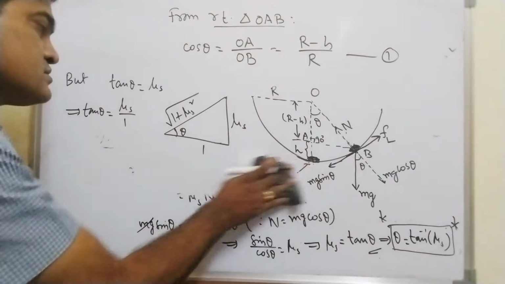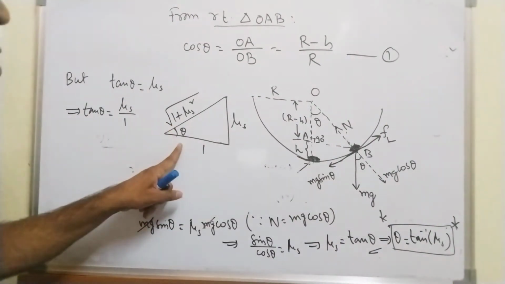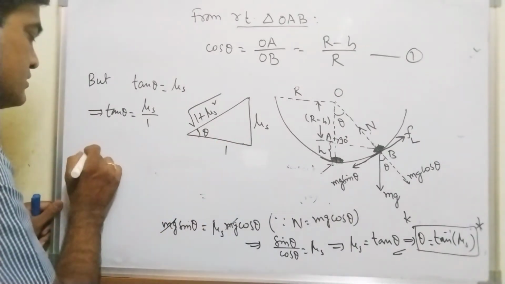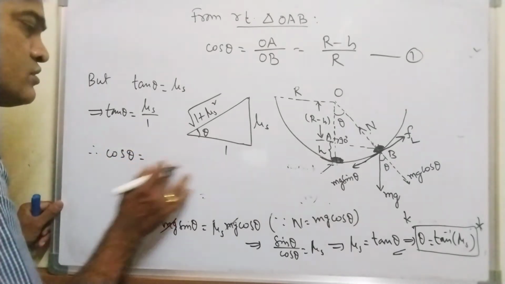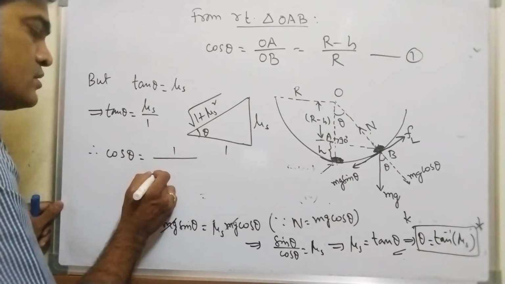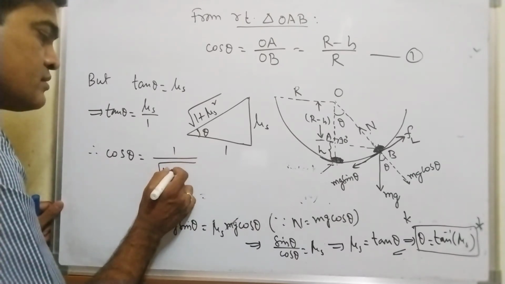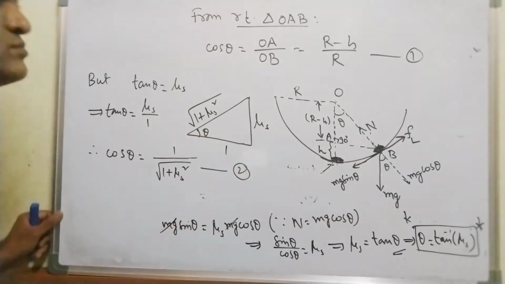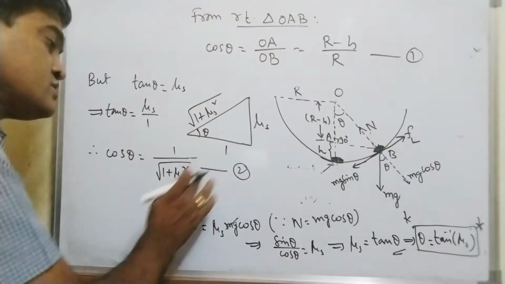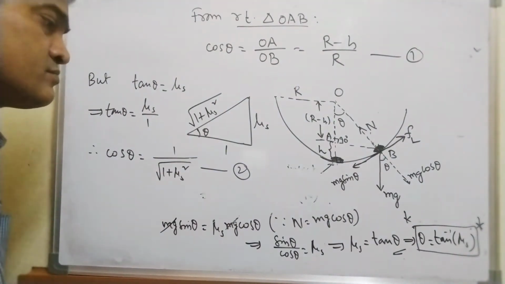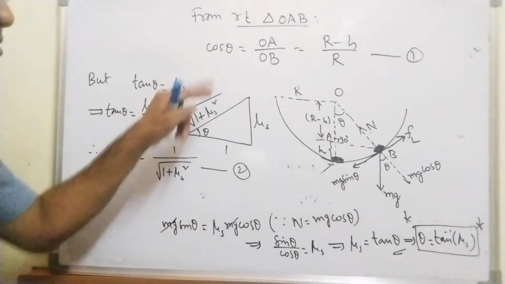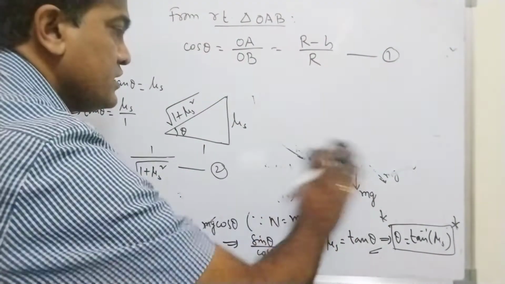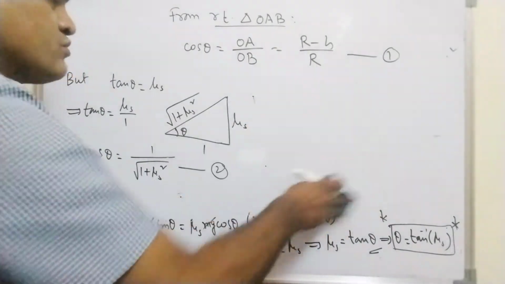Right? So from this, what is the value of cos theta? From this right angle triangle, cos theta is equal to adjacent side 1 by hypotenuse, root over 1 plus mu s square. Let me take this as equation 2. From these two equations, LHS is the same in both, so I can equate RHS. If I equate RHS, what will I get? From equations 1 and 2, I can write